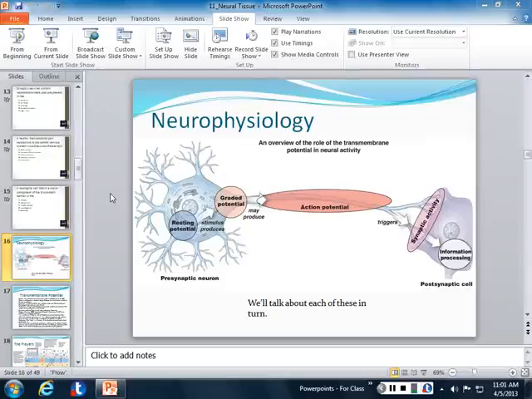particularly the anatomy of the neuron. And today, we're going to cover neurophysiology. So this is how neurons actually work. And because this material is somewhat complicated, we divide it up